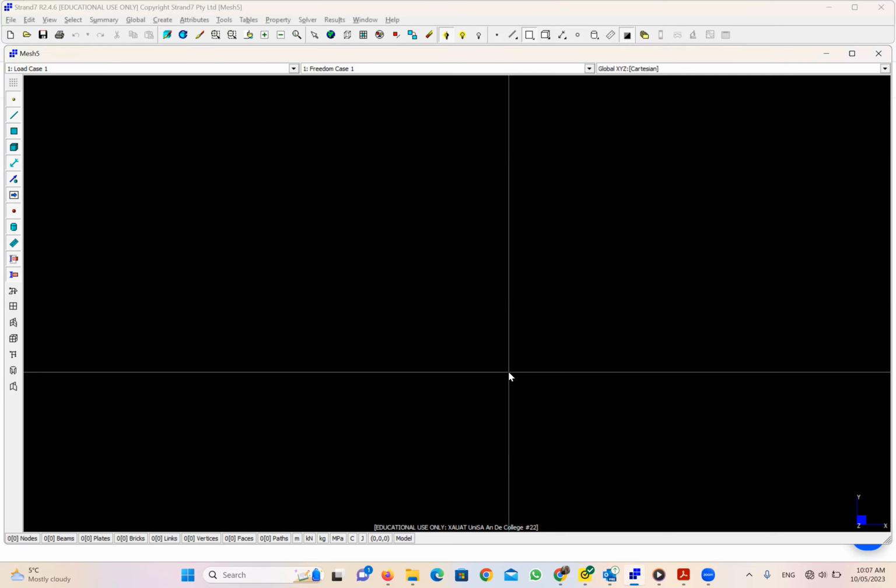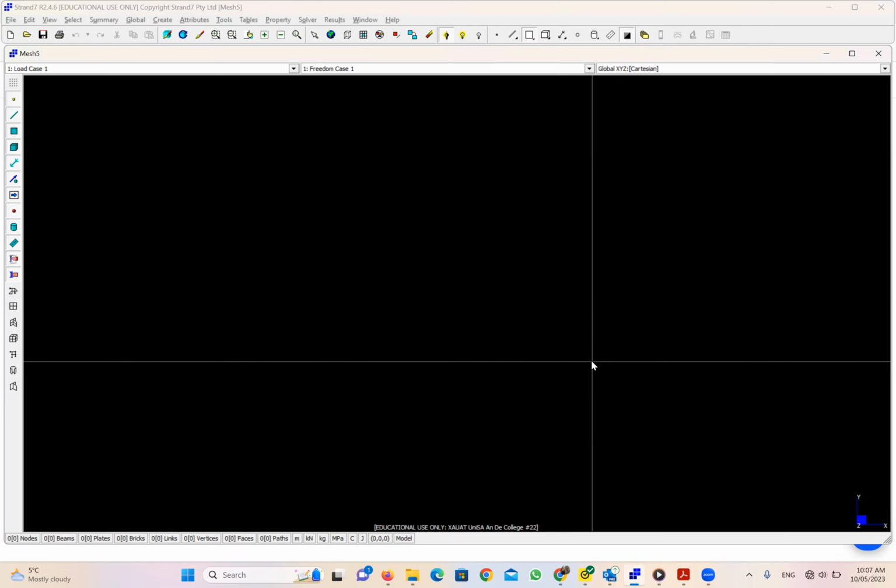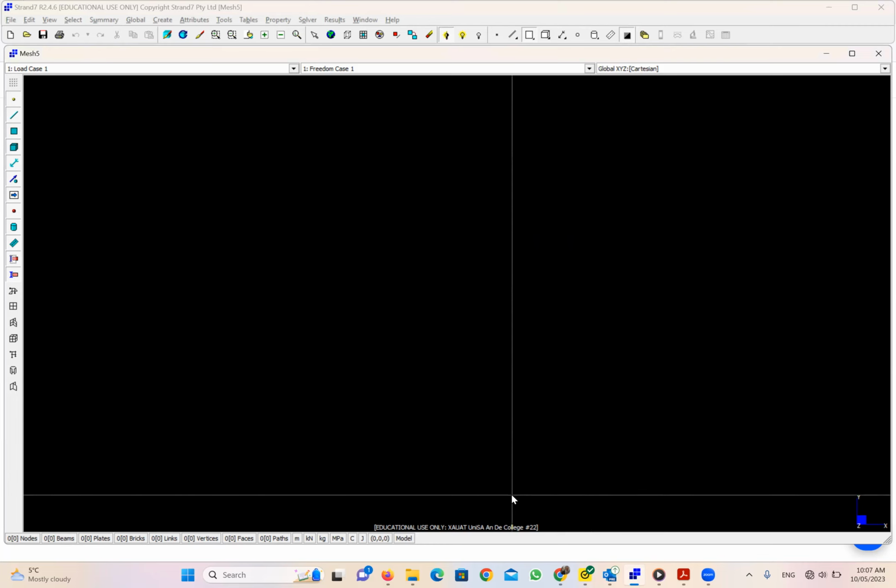The second step is to start drawing our truss. So as you can see, our truss, or our frame, sorry, we can start drawing using the coordinates. Okay, so if we go back,